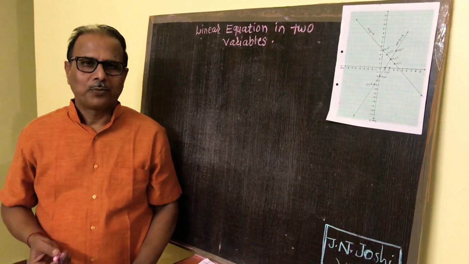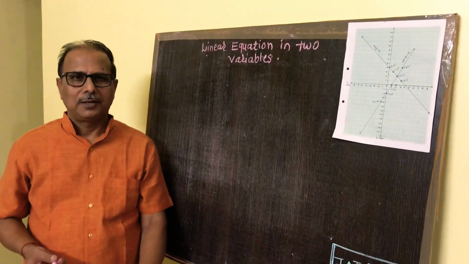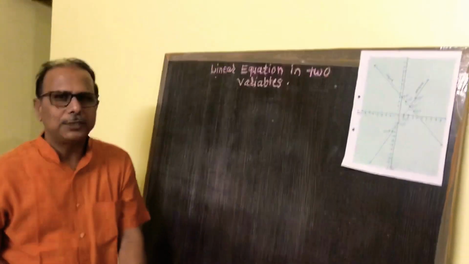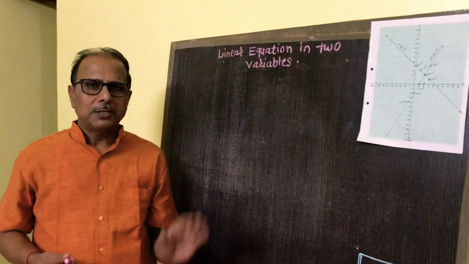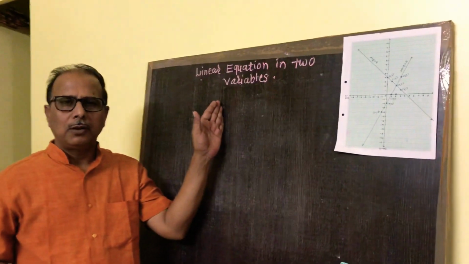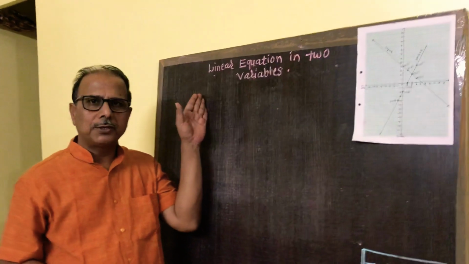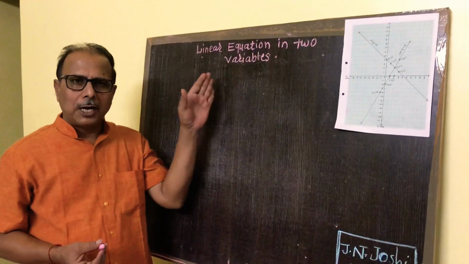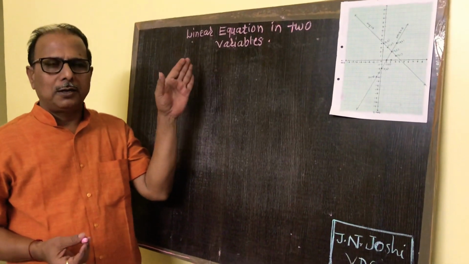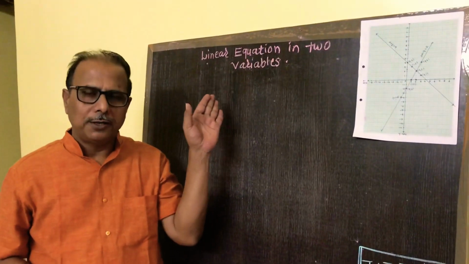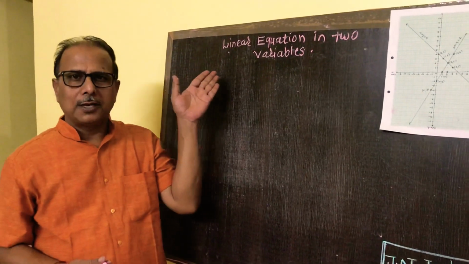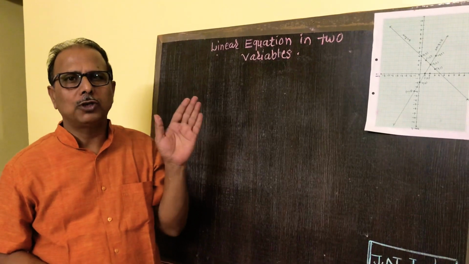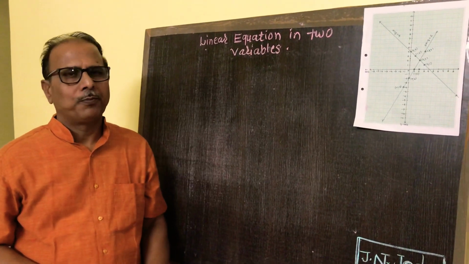Dear students, in the last year in 9th standard, we have already learned linear equations in two variables. That means the concept of linear equation in two variables, what is meant by simultaneous equations, and solution of linear equation in two variables. Standard form and all these things we have already learned. In this 10th class, we have to learn two methods of finding out the solution of simultaneous equations.